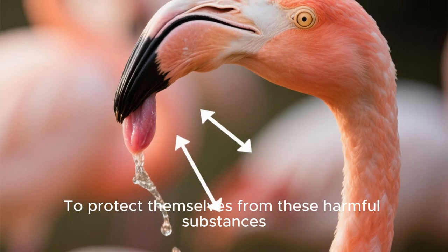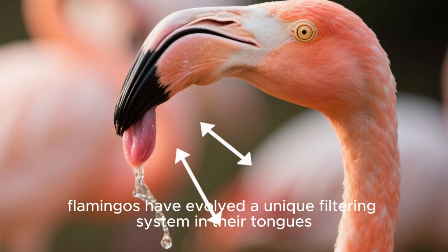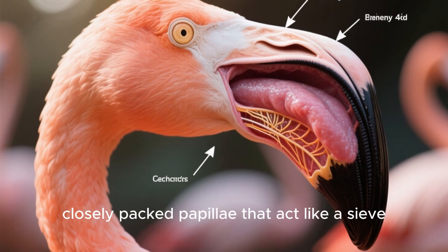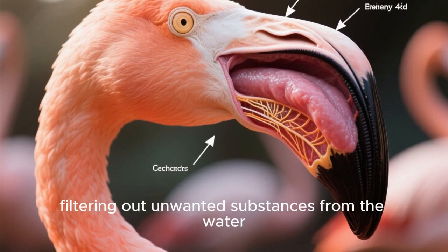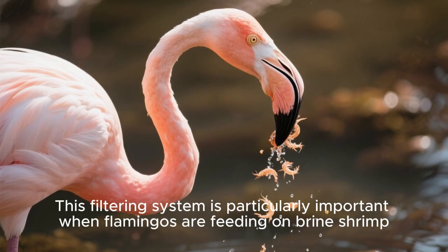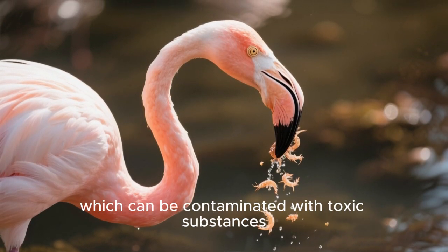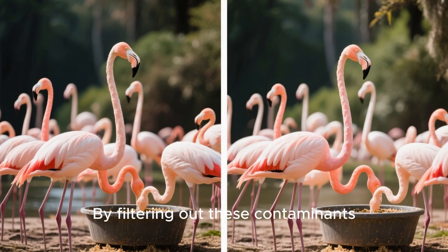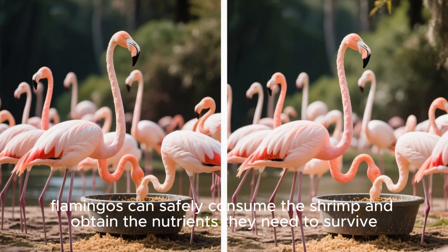To protect themselves from these harmful substances, flamingos have evolved a unique filtering system in their tongues. Their tongues have a layer of small, closely packed papillae that act like a sieve, filtering out unwanted substances from the water. This filtering system is particularly important when flamingos are feeding on brine shrimp, which can be contaminated with toxic substances. By filtering out these contaminants, flamingos can safely consume the shrimp and obtain the nutrients they need to